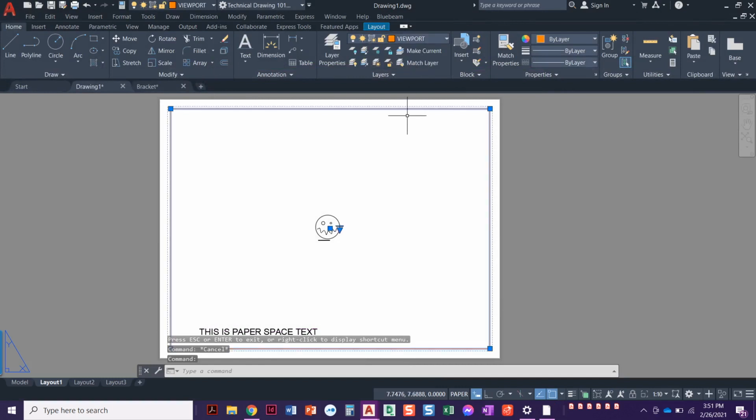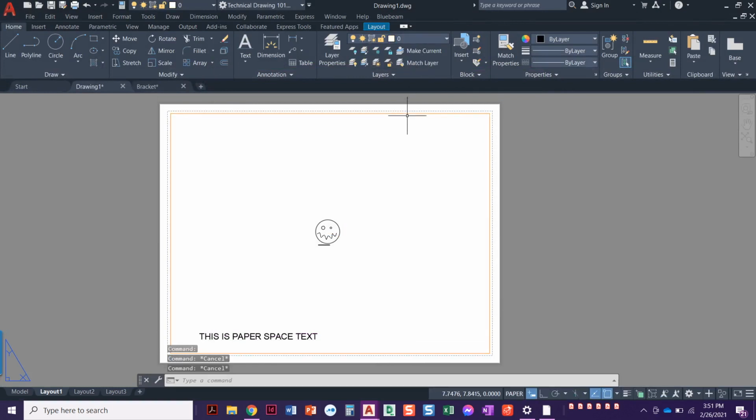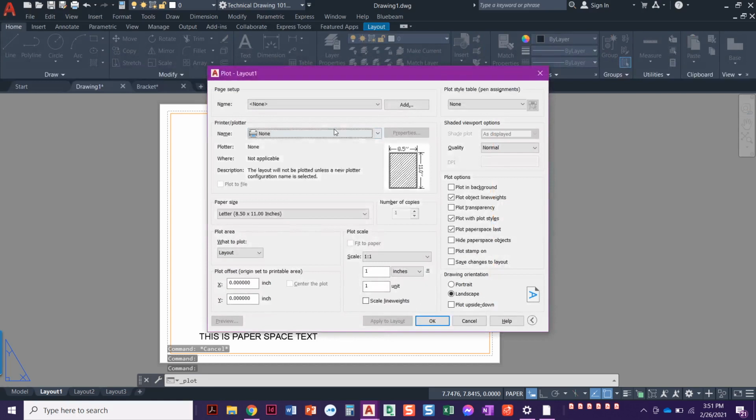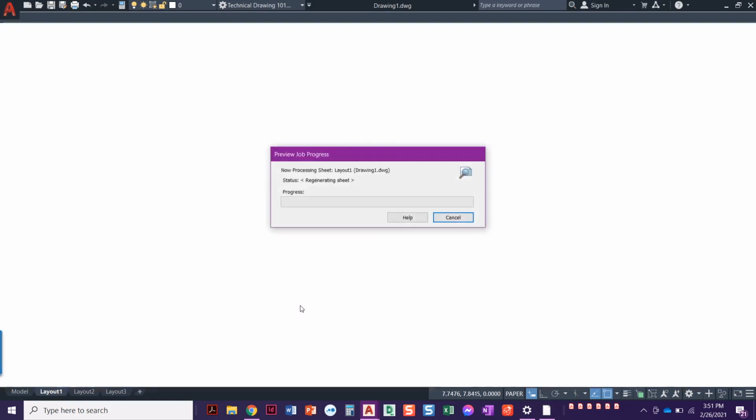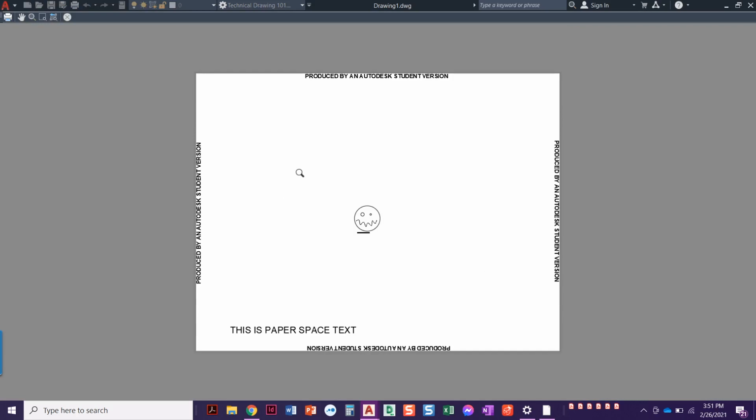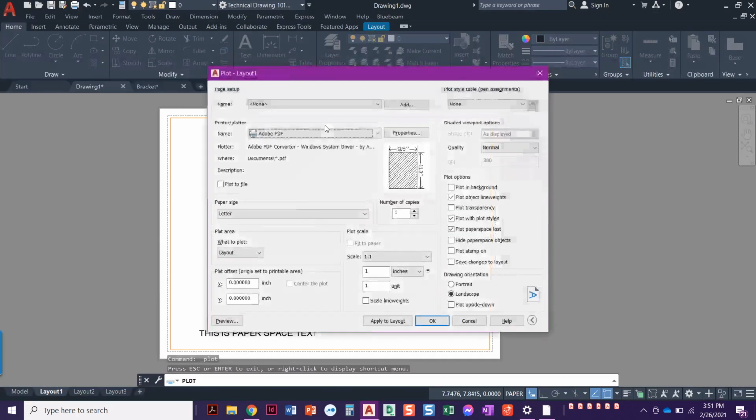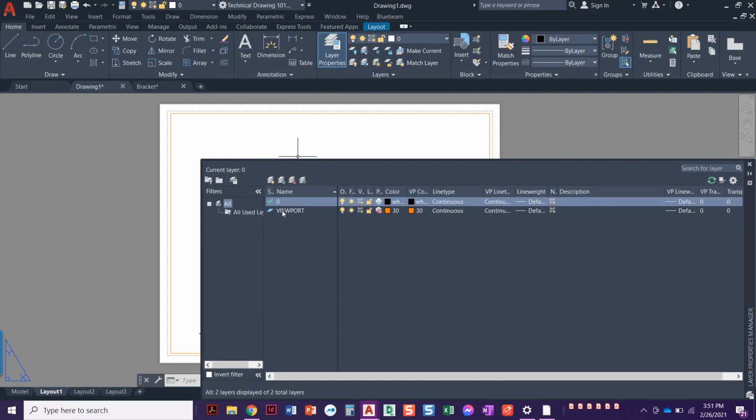Set it to be on its own little special layer. Remember that layer is told not to print. So now when I print, I'm just setting a random printer here, and I preview, look, my viewport's gone. What I need to be careful about though is if you're in here and you happen to have that one selected and you make a new layer